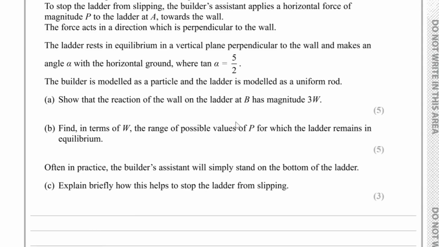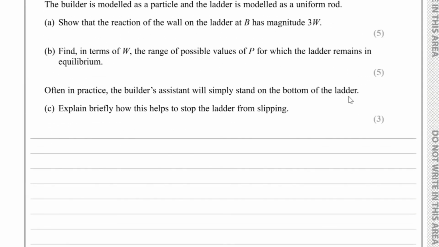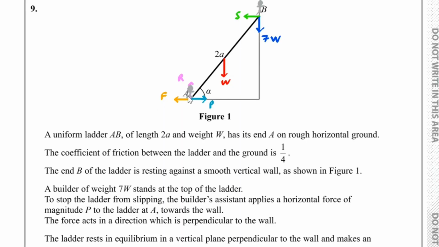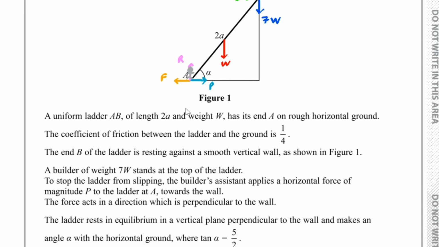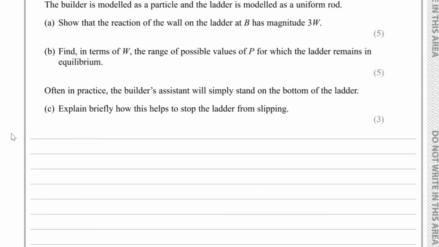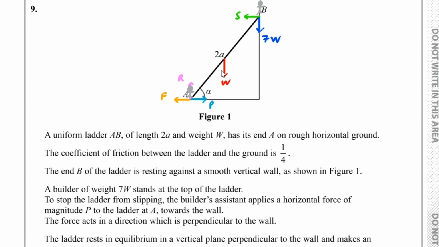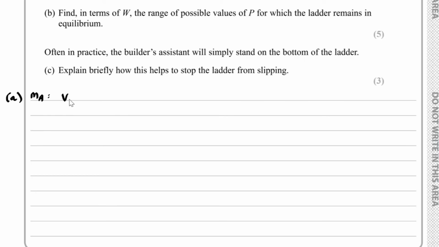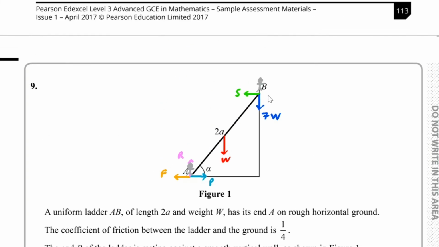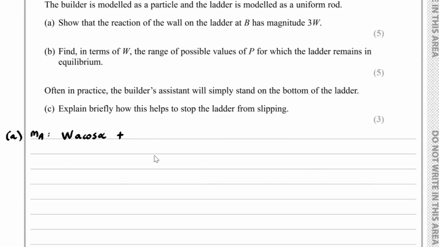So when we come to show that the reaction of the wall on the ladder at B has magnitude 3W, the way we can approach this is to take moments about A. And the reason we want to take moments about A is because that will eliminate all the forces here. So for part a, if I take moments about A, then I've got W times the perpendicular length, which is a cos alpha. So I've got W a cos alpha, and I've also got 7W multiplied by 2a cos alpha, which is the perpendicular length. So I've got here 7W multiplied by 2a cos alpha,